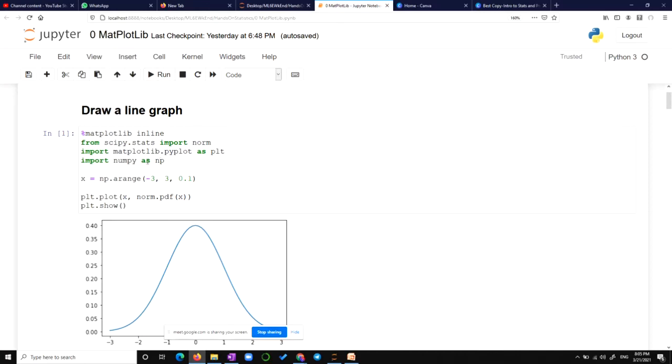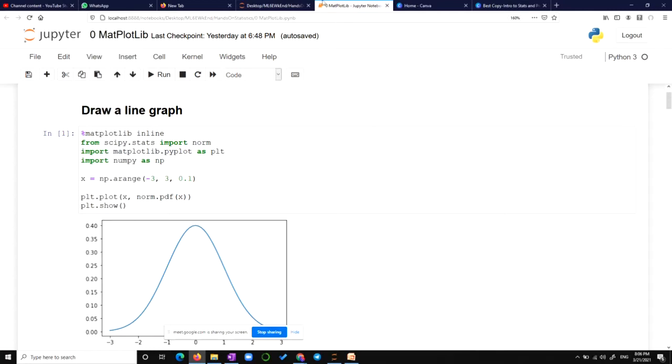Because we are going to do some statistical calculations, we are in Matplotlib. So we are now going to understand the syntax in which we can get some plots out.